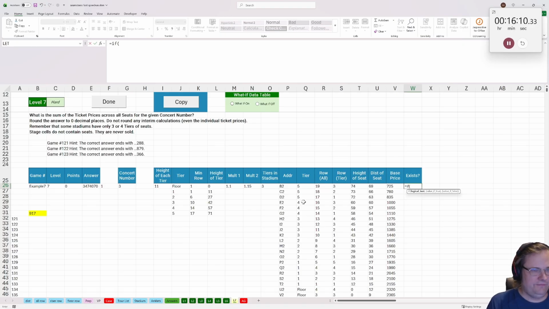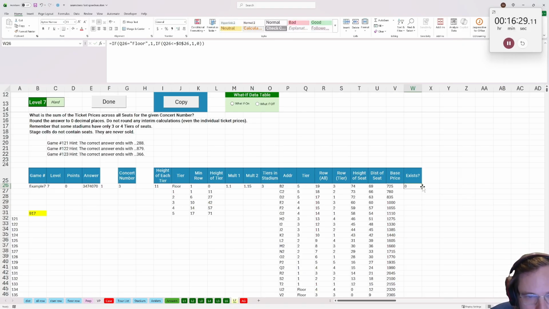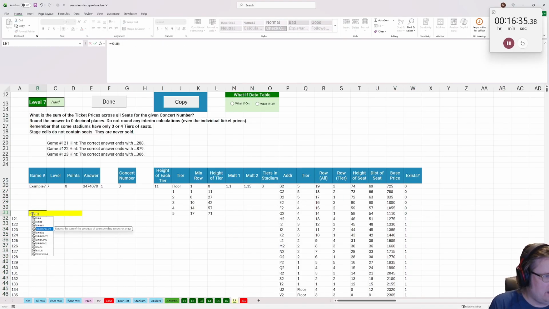So if this is the floor, then it always exists. Otherwise, if this is less than or equal to this locked, then yes, otherwise no. Okay, so the stadium has no tier 5 and 4. All right, so now if I sum product,